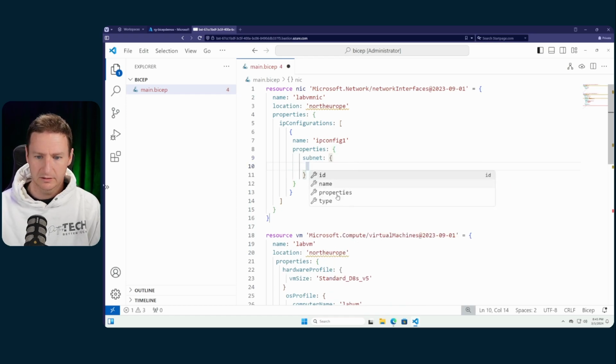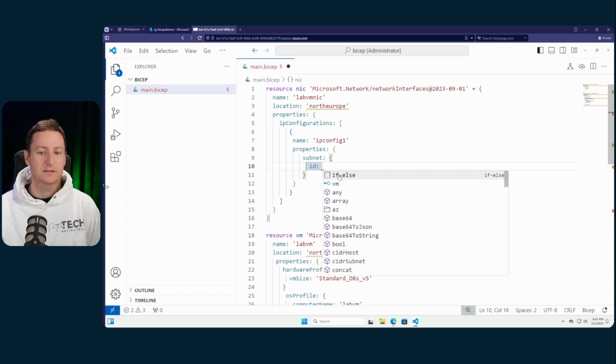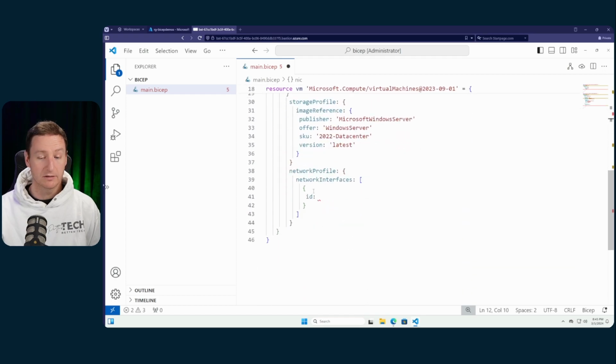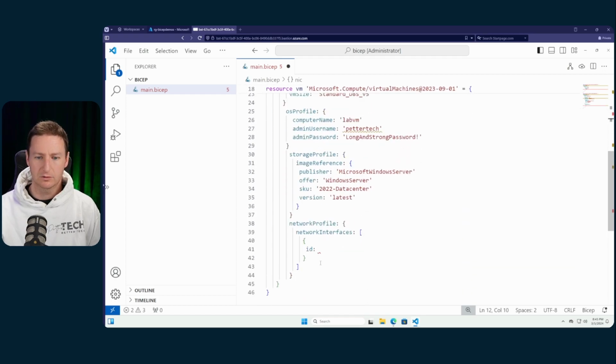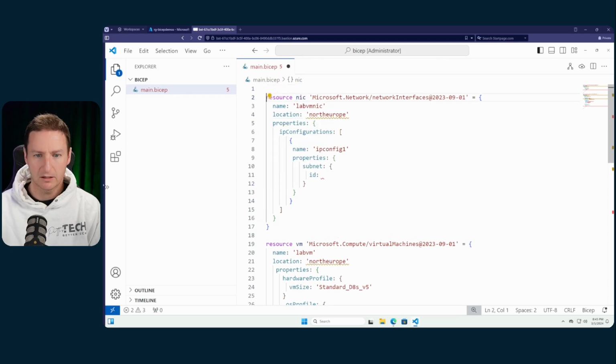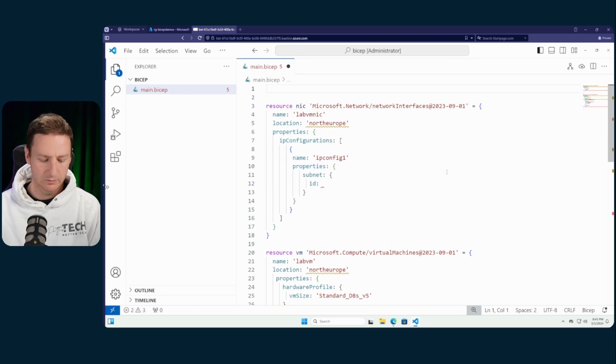And space, and ID, okay. ID, cool. This is the same as we saw with the network interface card for our VM. This needs to be created before we create the network interface card. So again, we'll go to the top and add a couple of more lines. And then we'll create the VNet that we will connect to. So we'll do a resource and call this